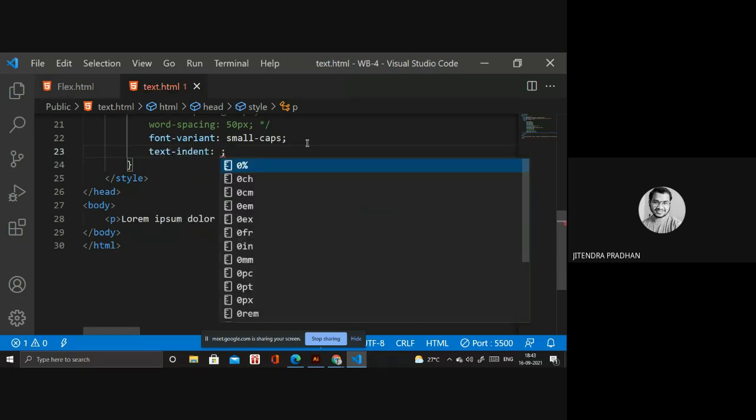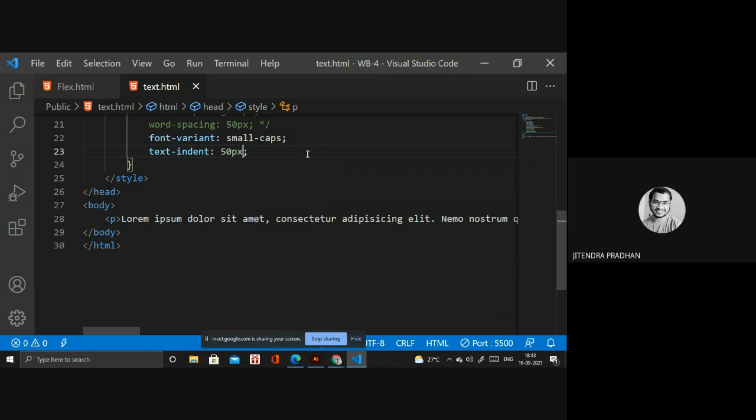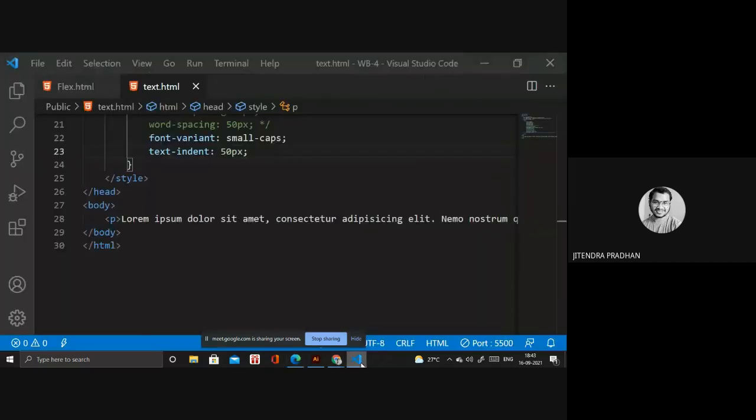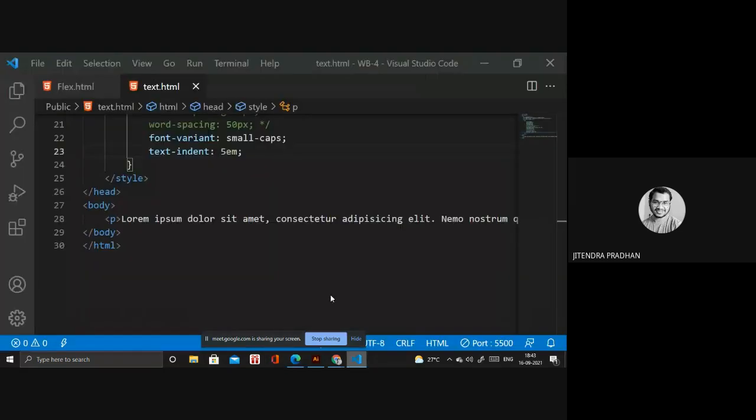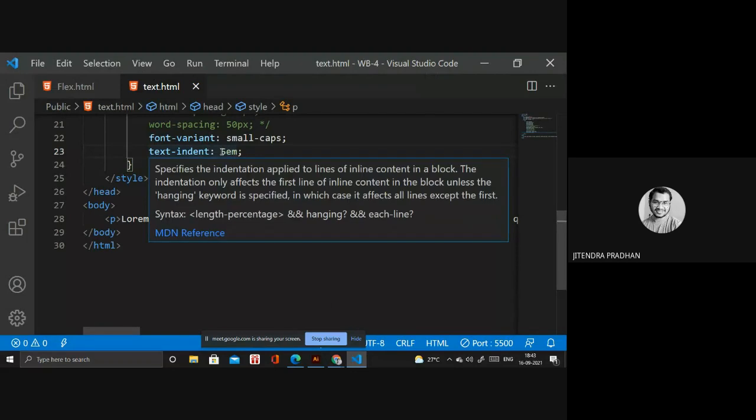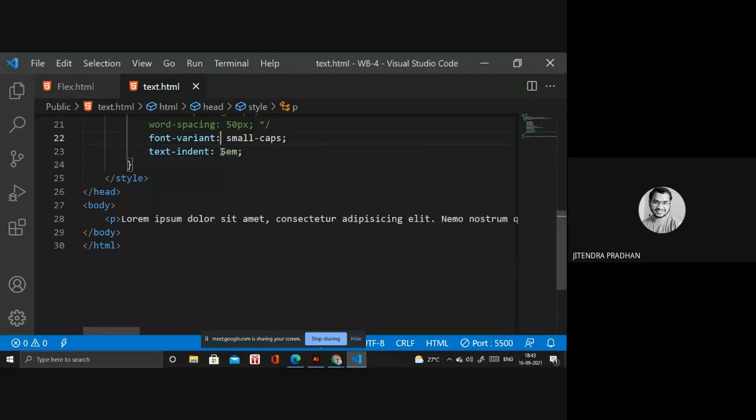In the text indent you have to give a particular value, 10 pixel, 50 pixel, whatever you are using. It's changing from that 50 pixel. If I give something like 5 em, it will change. If I give 15 em, let's see what happens. Wait. We have to go here and you write.